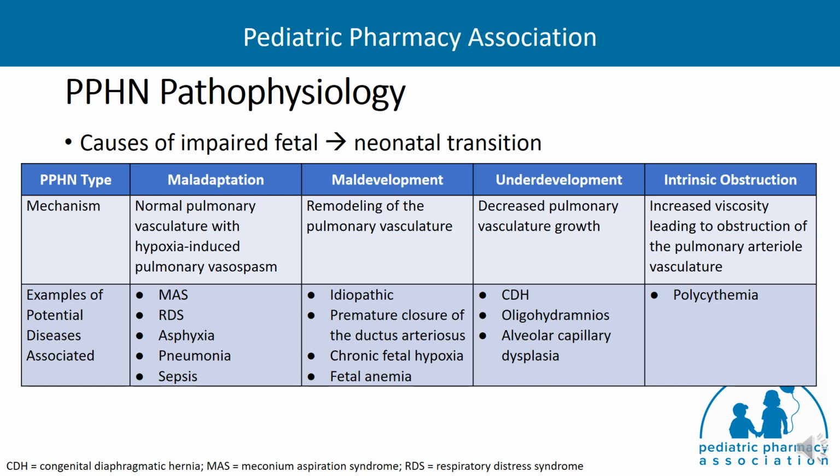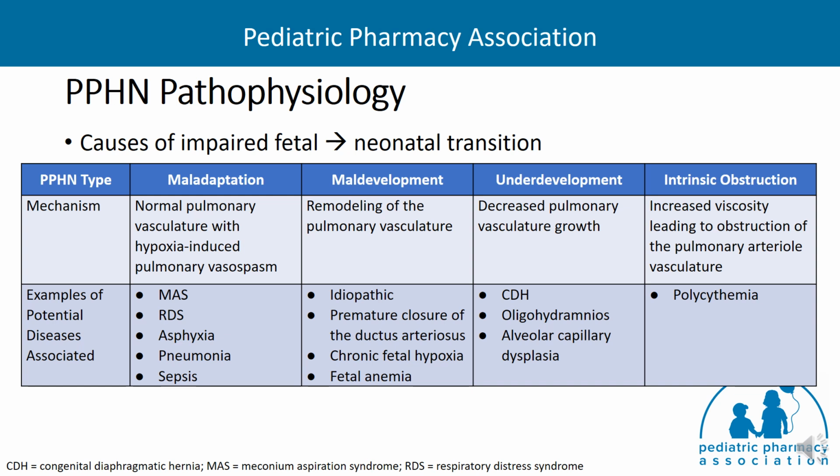Underdevelopment specific PPHN, which is lung hypoplasia, is not as common as the other types of PPHN. However, it is notably associated with worse outcomes. So this type of PPHN is associated with diseases like alveolar capillary dysplasia, congenital diaphragmatic hernia, also known as CDH,